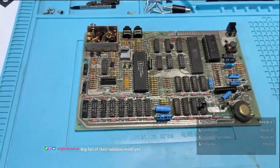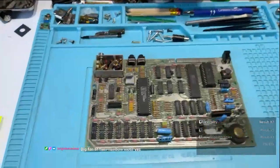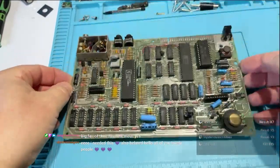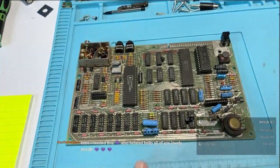Like this. So this is the board for the inside of a Spectrum. This is an issue 3B Spectrum. This is the dead one. This is the one that is